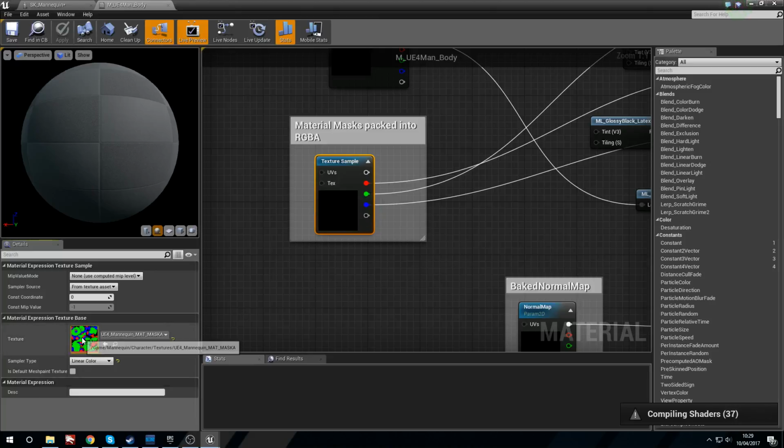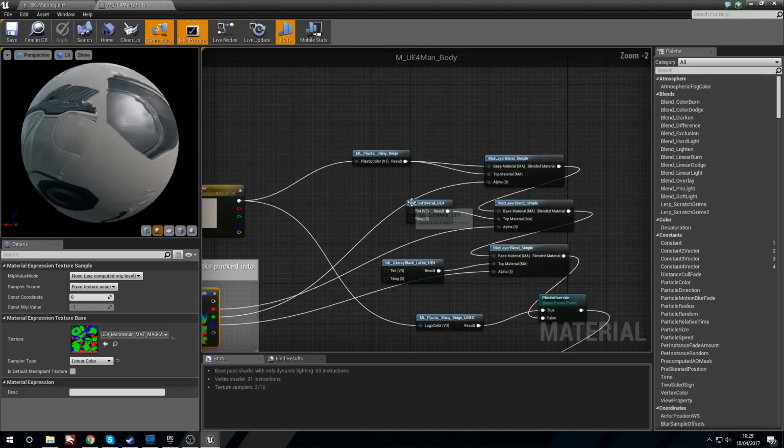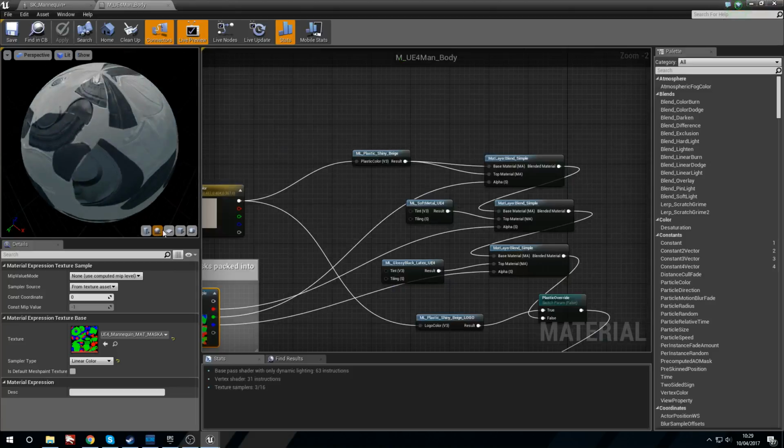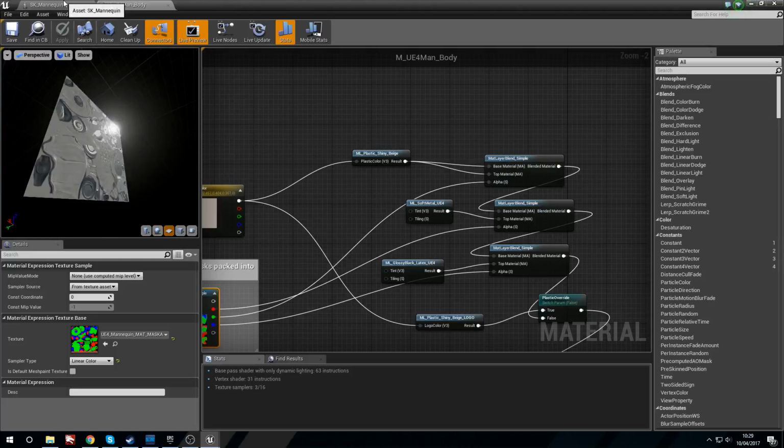You'd have to find out where his hands are on your texture sheet, which is a bit of a mess, and then create a nice mask so that you can choose where to glow,